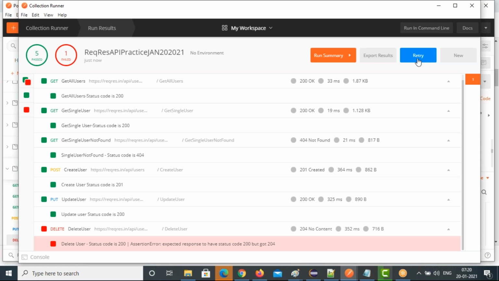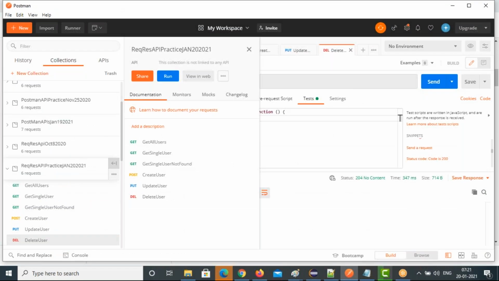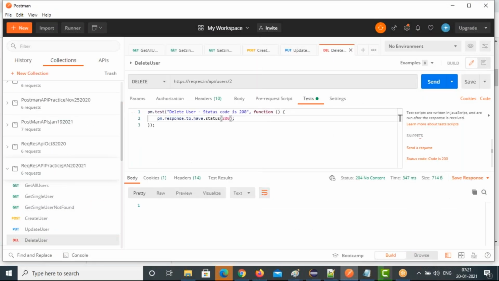You can retry as many times as you like, it will be the same. So that's how you can run as a collection and add the test validations for this. Still, you can do a lot of things, you can play around here. Response body contains a string, so response body means this one.